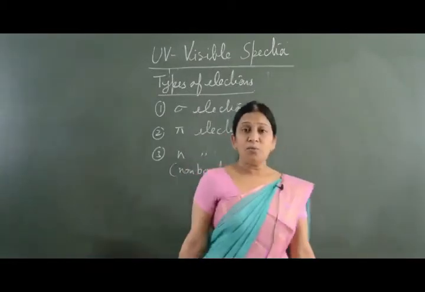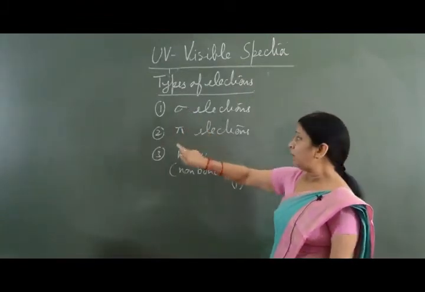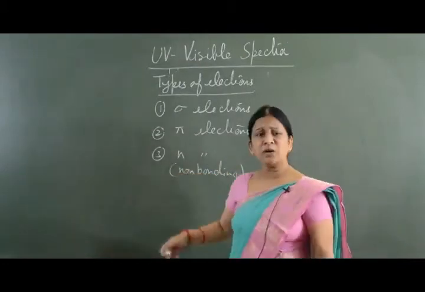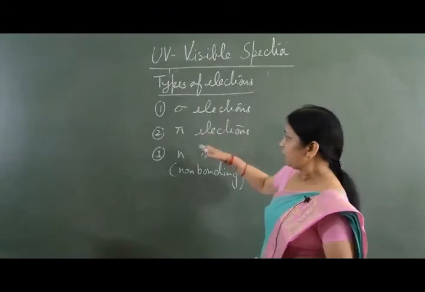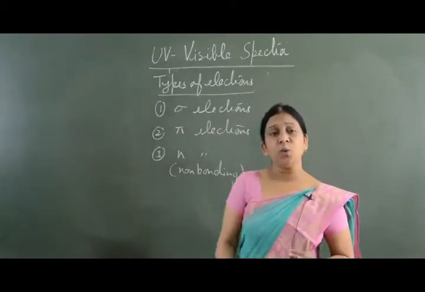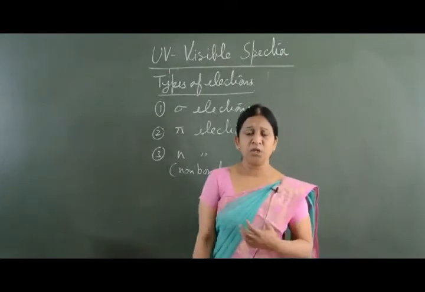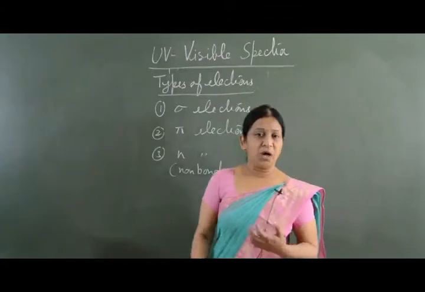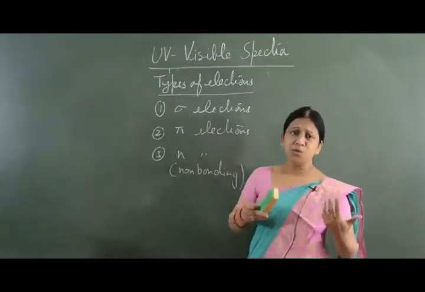So if we talk about bonds, then a sigma bond is formed by head-on collision, a pi bond is formed by sideways overlapping, and n electrons refer to lone pairs. So these are the three types of electrons which we are going to consider: sigma electrons, which are associated with saturated compounds, pi electrons, which are associated with unsaturated compounds, and n electrons, which are associated with lone